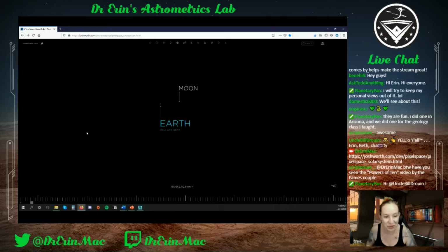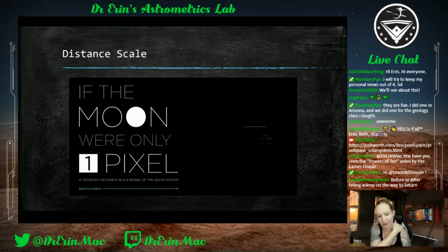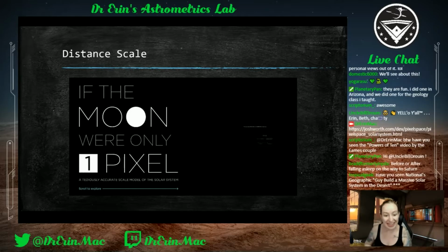You can see the moon is a single pixel there. But yeah, you can check it out. It's definitely super, super fun and awesome. If you choose to accept this challenge, you're not allowed to fall asleep. You have to sit and go through the whole thing. Good luck, because space is really big. Who'd have thought? Things are very small compared to how big space is.